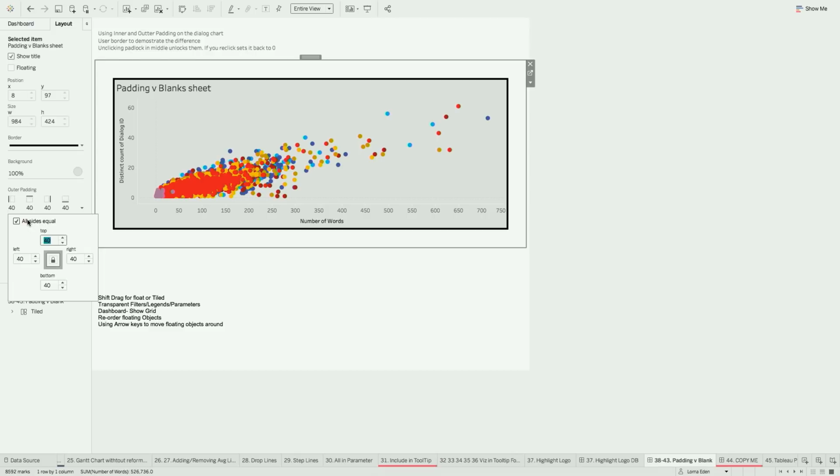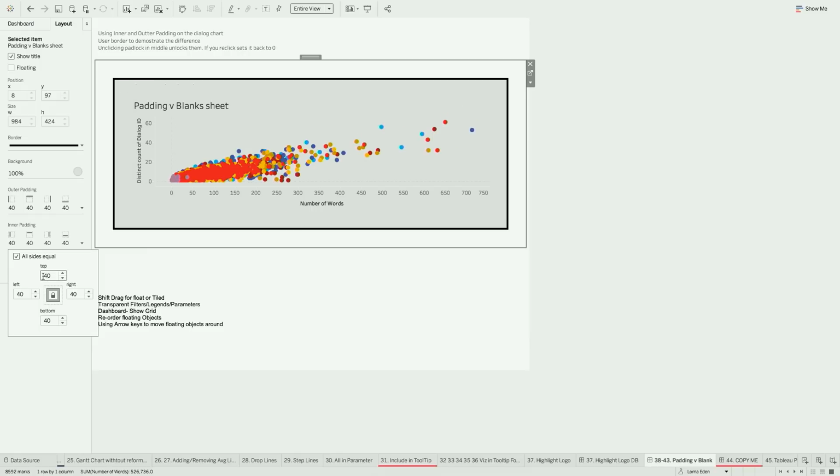And you can change the height and width of the different sides. You can untick it, so then you've got different heights and widths from either side. You can also do inner padding, so that's going to do everything inside of that border. So again, if I do 40, it's going to bring it inside of that border, so you can know the